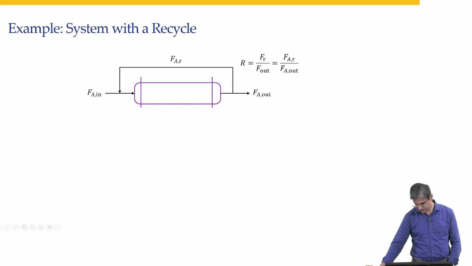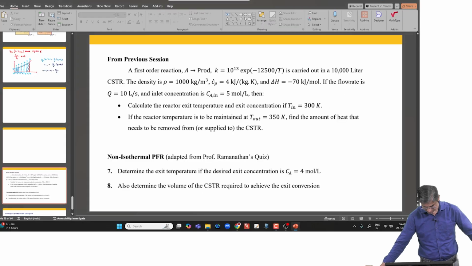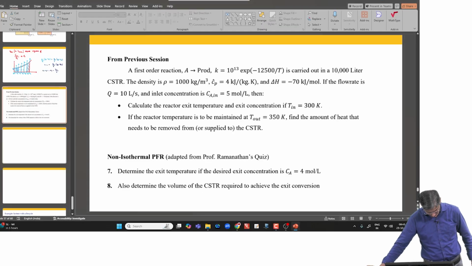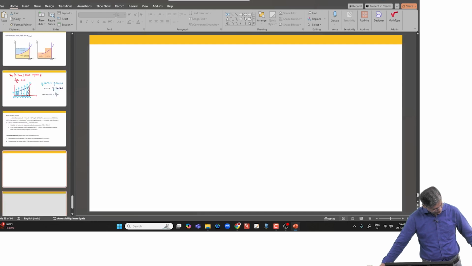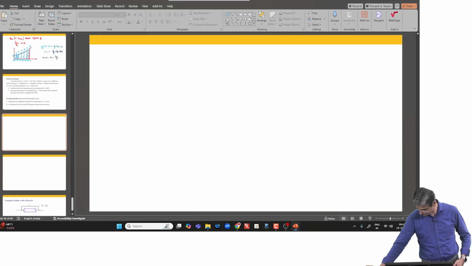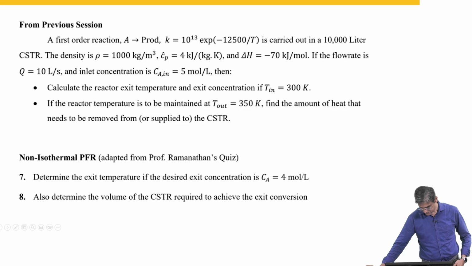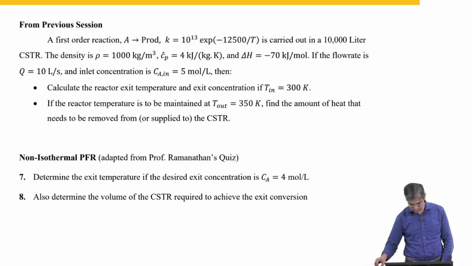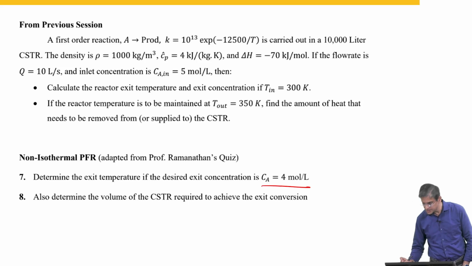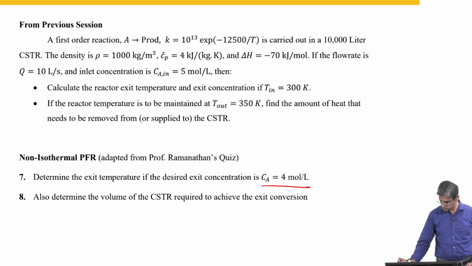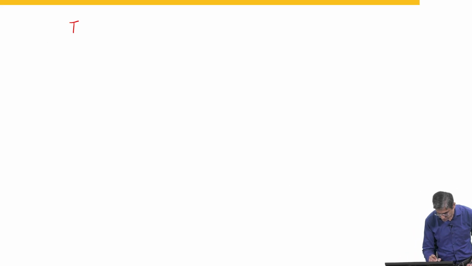So, how are we going to solve this? Determine the exit temperature if exit concentration was 4 moles per liter. Your T out